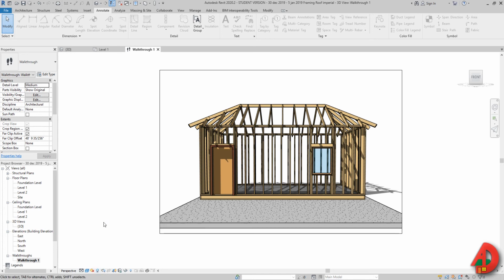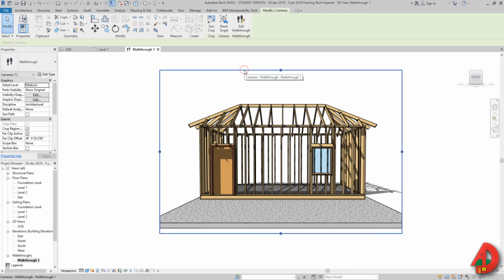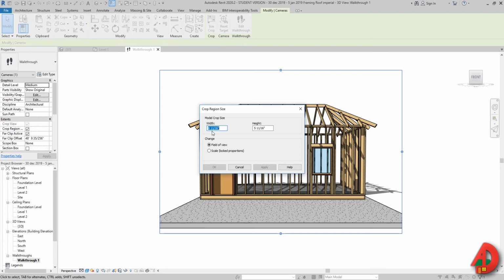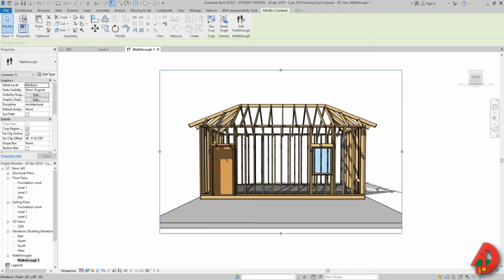And then after I've done that, I'm going to select the crop region and press size crop, and right now it's set to 8 feet 11/16 of an inch. I'm going to check scale and set it up to, let's say, 26 inches, sorry. Press apply, OK. Because if you leave it at 8 inches, then the quality or the depth per inch is going to be very low. Maybe it's going to look good on a mobile phone, but if you play it on a computer screen or something like that, you're not going to have very good quality.